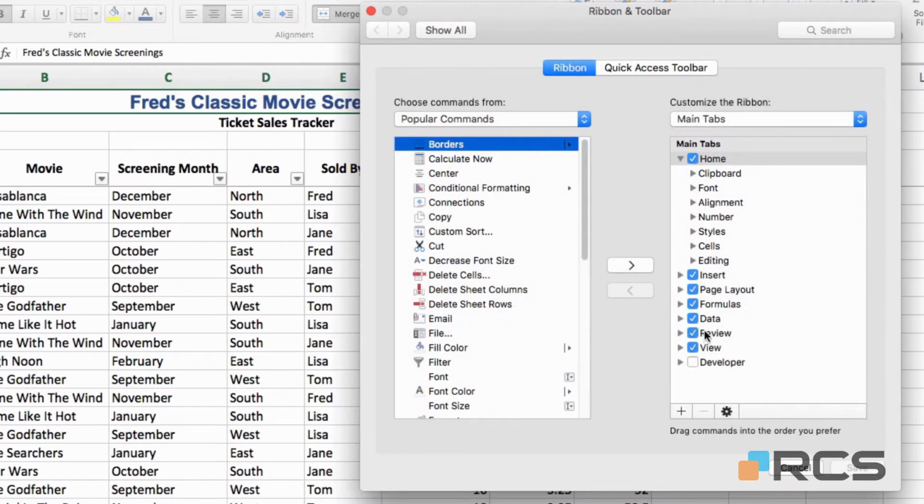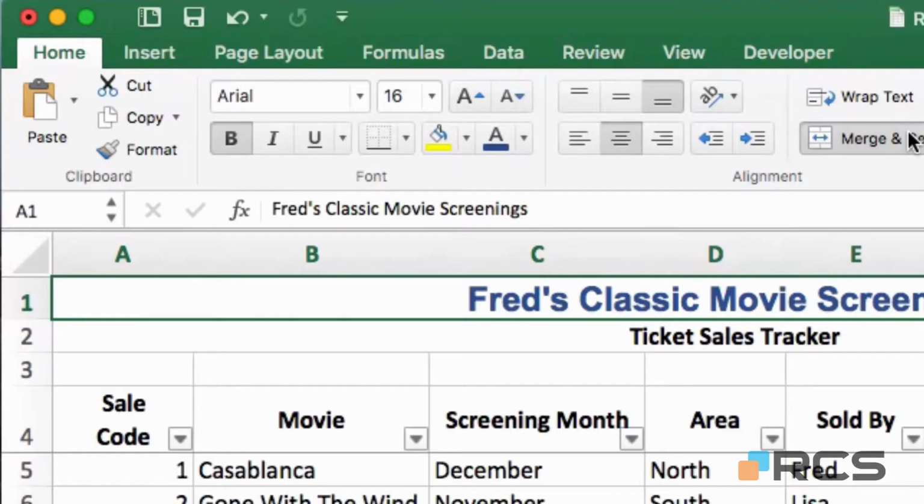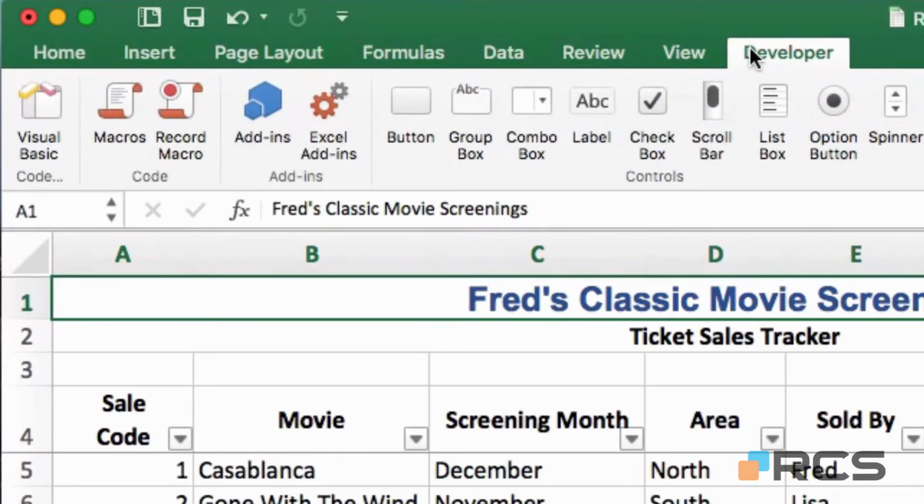There's a box on the right hand side there, and at the bottom you will find the word developer. Just put a tick into that box and click Save. And if your Excel Preferences dialog appears, simply close that down. And you'll see the developer option in the toolbar there, so click on that. And you'll see here you have the control section, and the button that I'm interested in is on the left